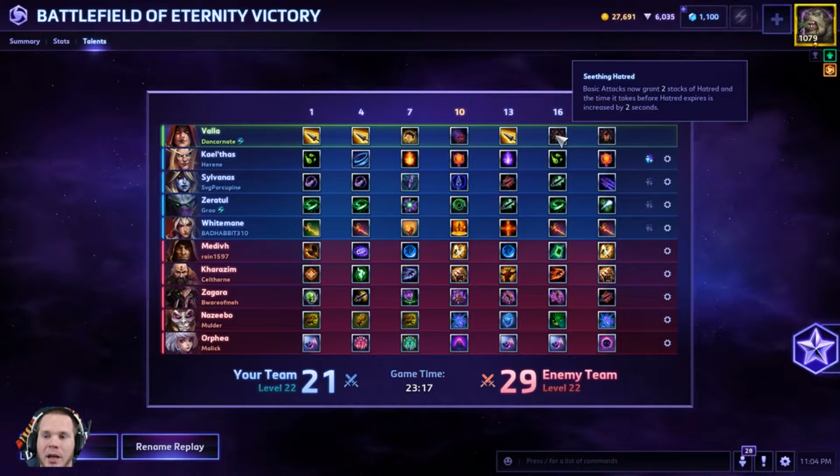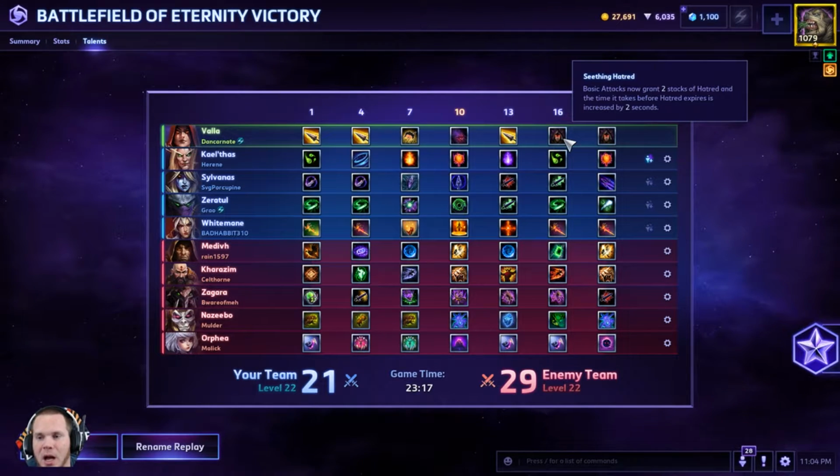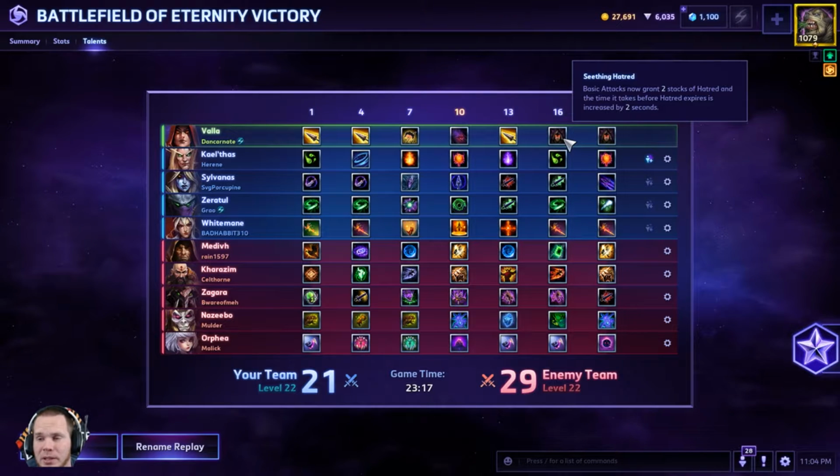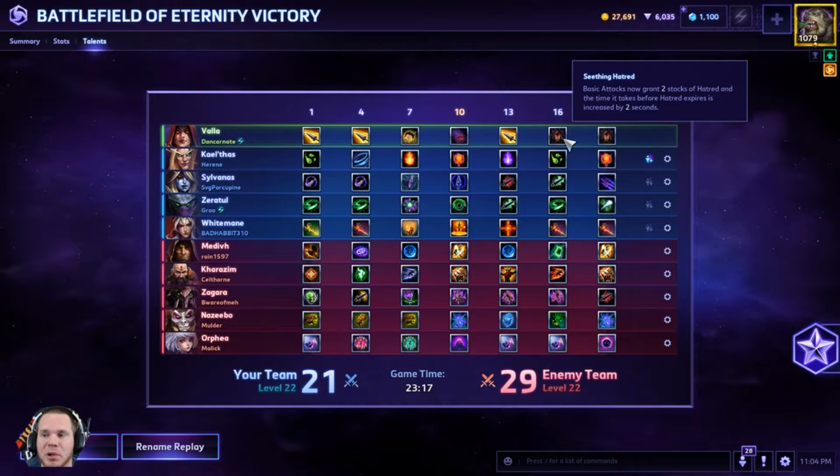Level 16, we took Seething Hatred, so our basic attacks now grant 2 stacks of Hatred, and the time it takes before Hatred expires is increased by 2 seconds. I didn't really talk too much about Hatred. I did talk about the attack damage increase, but it does fall off if you don't continue to use basic attacks. So I took this so that I could build up to that 10 Hatred faster,